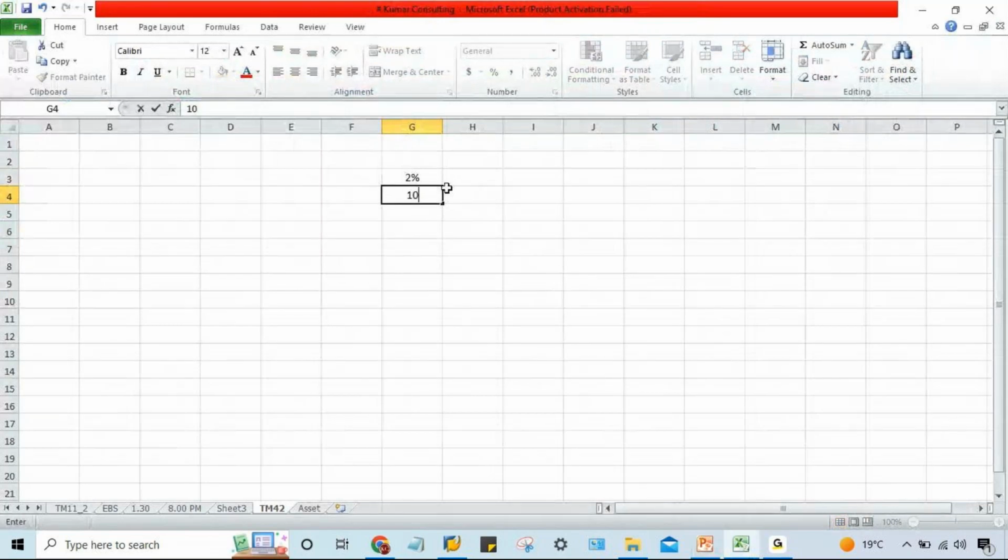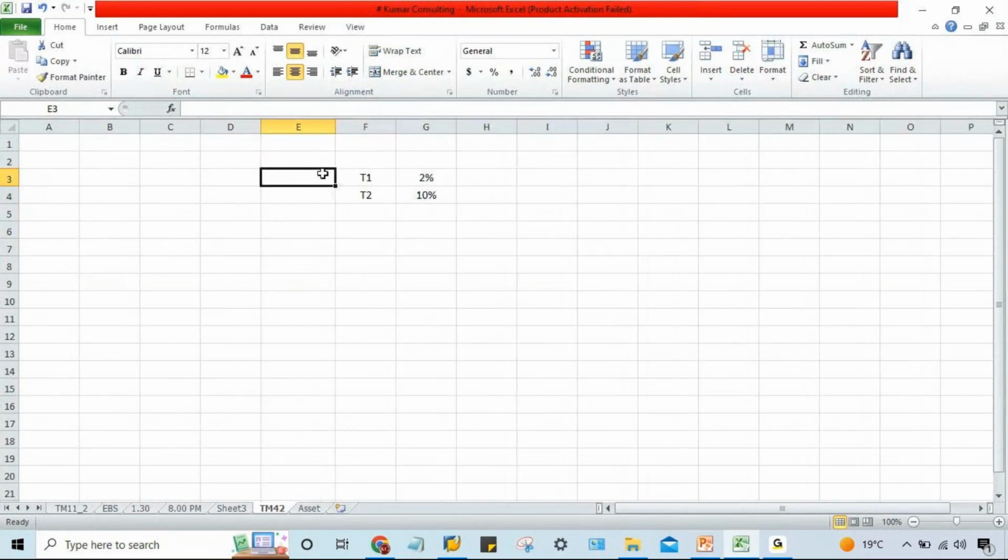Tax code means a two-digit code will be defined, T1 and T2. Two different tax codes we are going to define. Now what will happen? We have two different vendors, right? One is called vendor one.